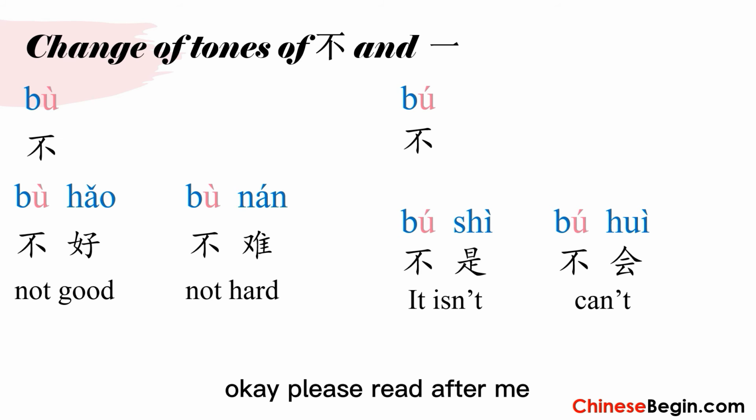不会，不会. Okay, please read after me. 不是，不是，不会. Let's read them together. 不好，不好，不难，不难，不是，不是，不会，不会。